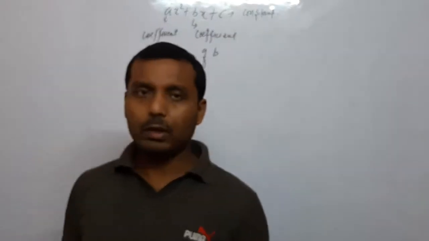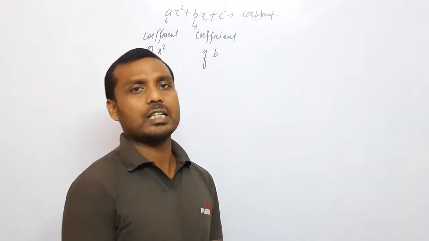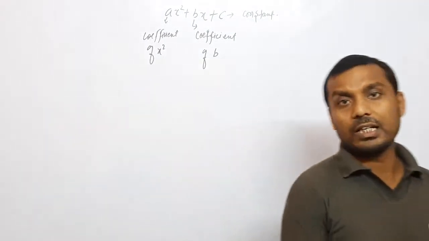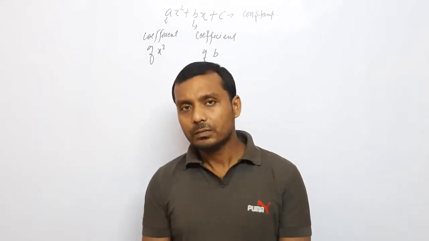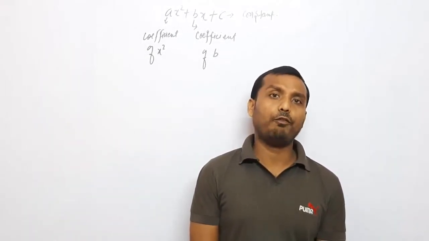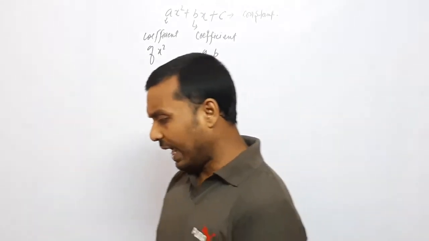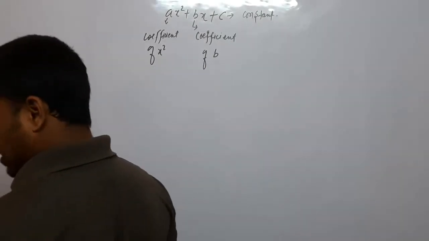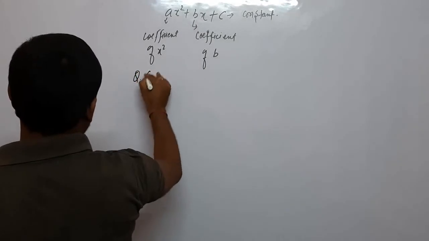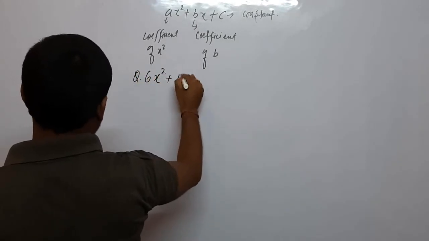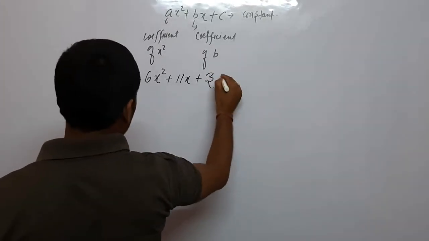Now we will discuss two or more questions. We will discuss some more questions related to this. So without wasting our time, let's come to the topic, student, and we will learn about the factorization of the quadratic polynomial. Let us take a question, student. 6x square plus 11x plus 3 equal to 0. Your question is 6x square plus 11x plus 3 equals 0.